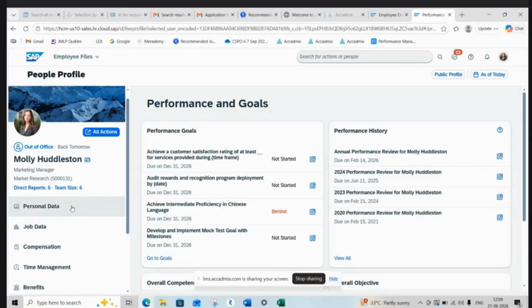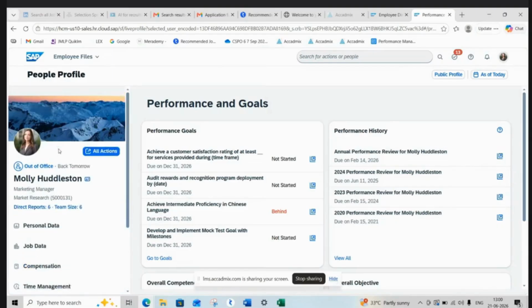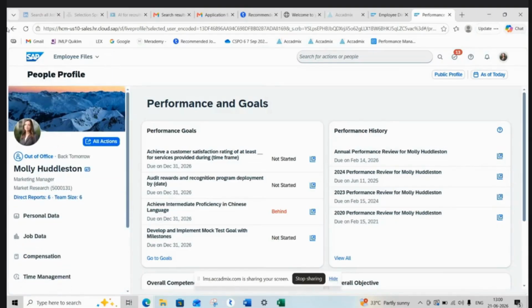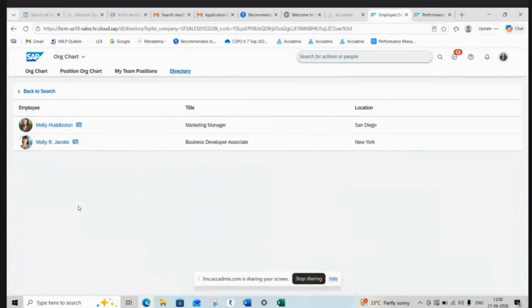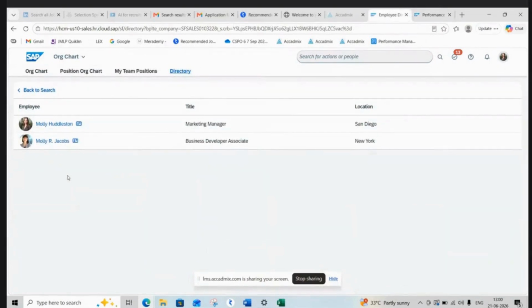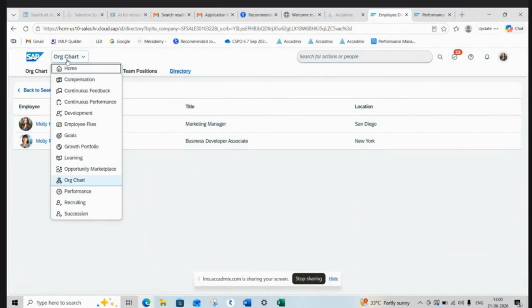Right now, go back again. Go back to the home page. Move here. No, go to where you selected the employee files. Go there. This one, right? Just next to SAP, there is org chart, which is visible. Click on drop down. Now, click on any other module. Maybe click on learning module.